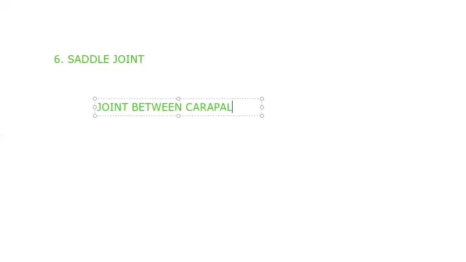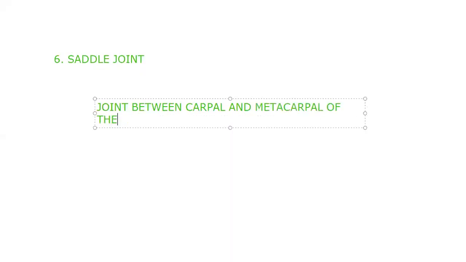Okay, so then what do you say? The joint between the carpal and metacarpal. Already we said carpal and metacarpal is the condyloid joint. Then what is this? The joint between the carpal and metacarpal of the thumb. Particularly the thumb, you may find some difference here. See how the four fingers are moving and how the thumb is moving. The thumb moves a little more freely, isn't it? That is because of the saddle joint.